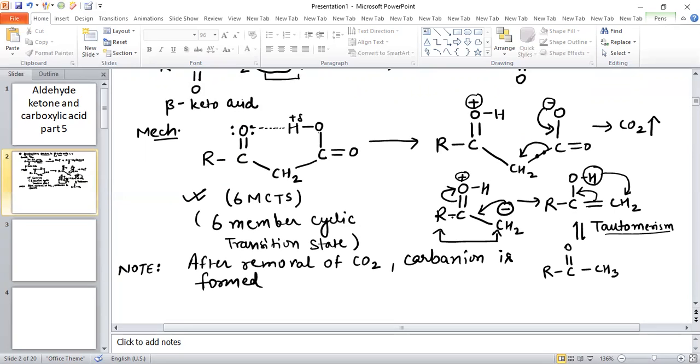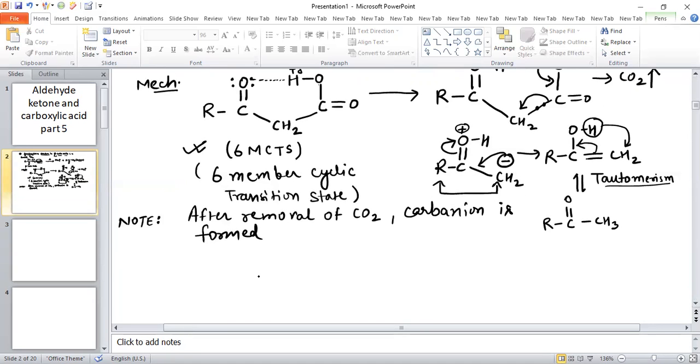So this is basically the carbanion. So you can say the rate of this reaction, the rate of reaction in the decarboxylation reaction,